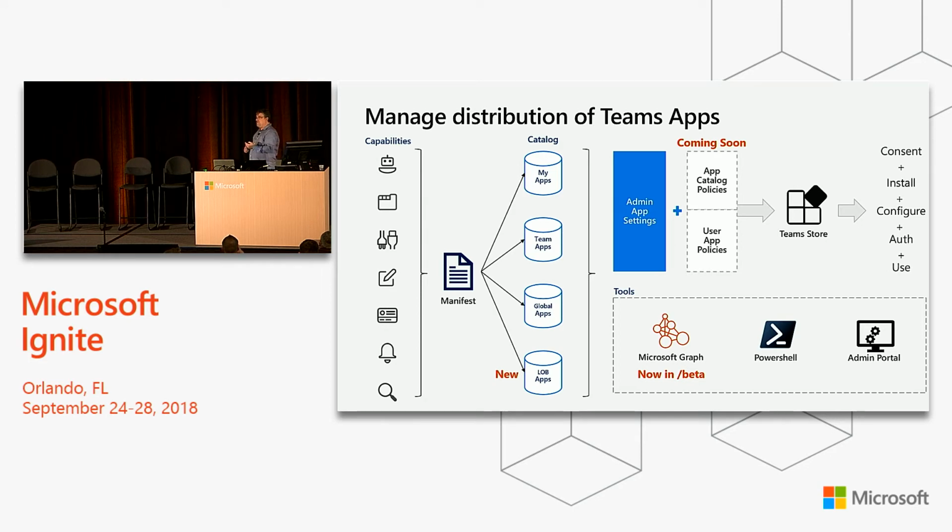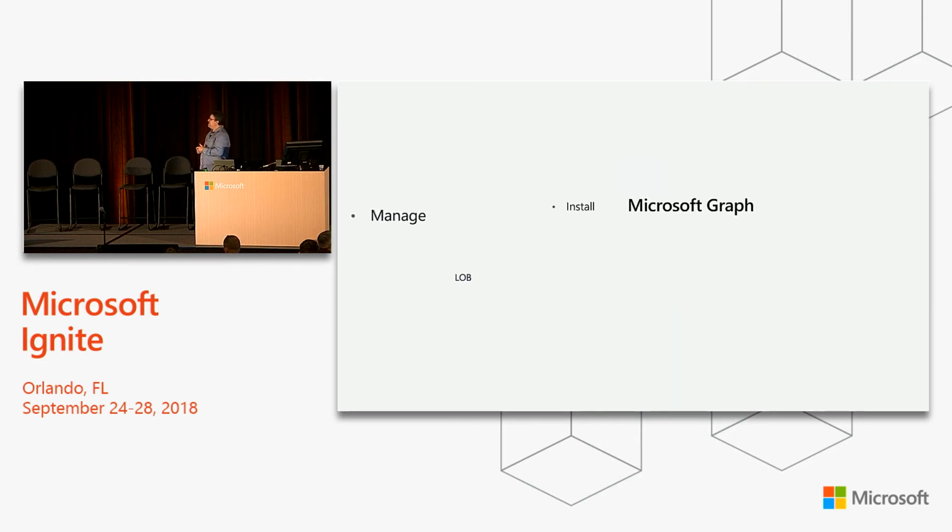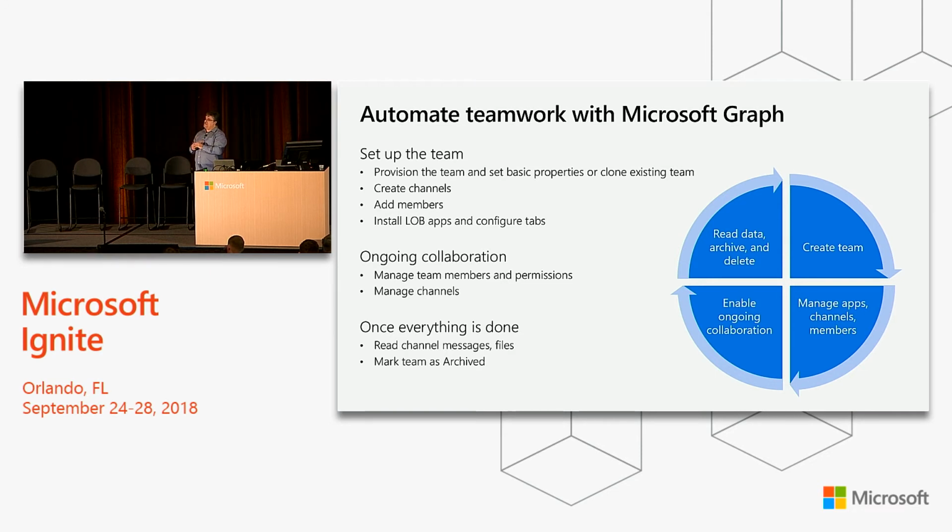As you're thinking through that, the question becomes, how does that start to fit into the model for managing applications? One of the key things to understand is that as you're working with these personal scoped apps and these team scoped apps, all of these teams and these apps go through a life cycle. So if I'm in an education situation, I might have to spin up a new class every semester or every term with different sets of students. When the term is over, I might want to go ahead and archive those classes. If I'm an airline, I might want to have a new team for every new flight crew that's coming in or every flight segment. So there are a lot of varieties where I might want to focus the collaboration on some of these areas and be able to seed that collaboration with the right content, the right people, and the right apps.